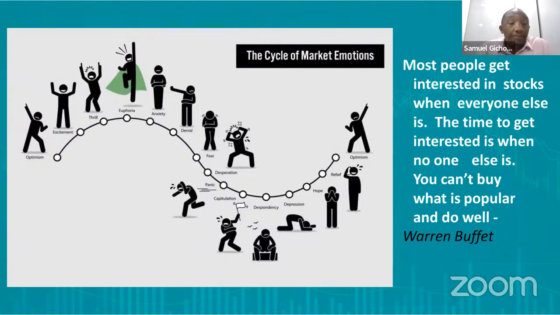Okay. Now, markets move in cycles, and this is something that happens globally. It is not something that will start now. And when we say markets move in cycles, it's because you're going to see a lot of what we call volatility. And Warren Buffett there puts it very well. He says most people get interested in stocks, and when I talk about stocks, it's actually all investments, when everyone else is. Think about it. When you're watching the news, now that the markets are down, have you noticed you have not been hearing a lot of news about the stock market? You've not been hearing a lot of hype about the stock market.